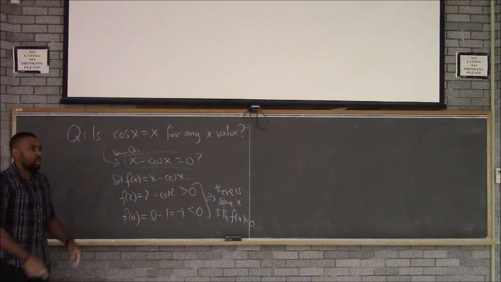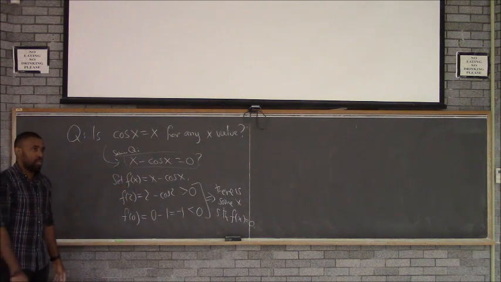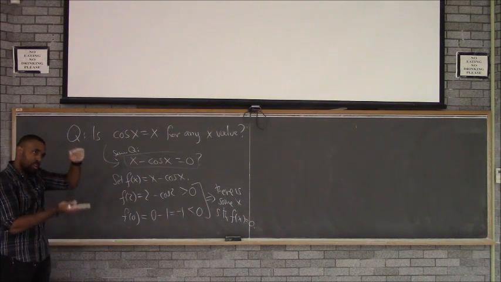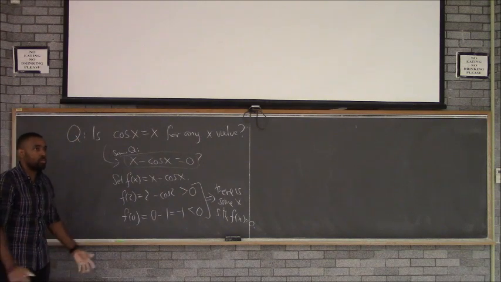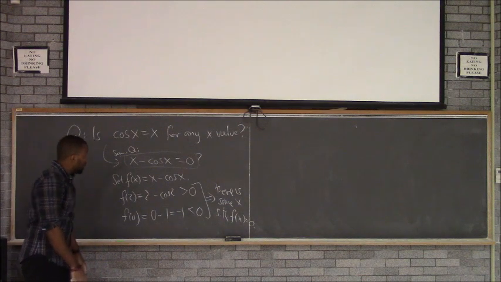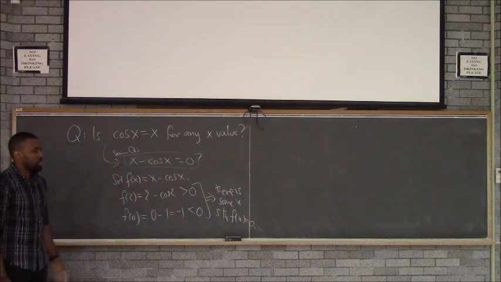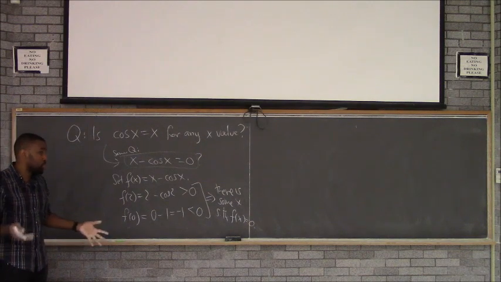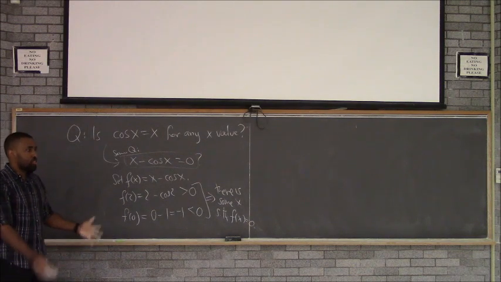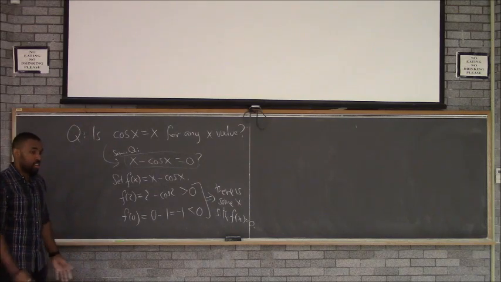So it depends on the situation. Usually in a test, I'll give you a situation: is this ever equal to this number? And then you're going to figure out how to get above and below that number. So that's the intermediate value theorem. You'll pretty much see a question like that, where I ask, does this equation have a solution on this interval? Then you test it, tell me yes or no, and then tell me how you know.